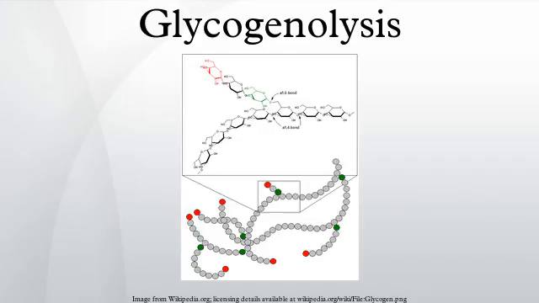Glycogenolysis is the breakdown of glycogen to glucose 6-phosphate and glucose. Glycogen branches are catabolized by the sequential removal of glucose monomers via phosphorolysis, by the enzyme glycogen phosphorylase. Mechanism: the overall reaction for the breakdown of glycogen to glucose 1-phosphate is glycogen (n residues) plus Pi → glycogen (n-1 residues) plus glucose 1-phosphate. Here, glycogen phosphorylase cleaves the bond linking a terminal glucose residue to a glycogen branch by